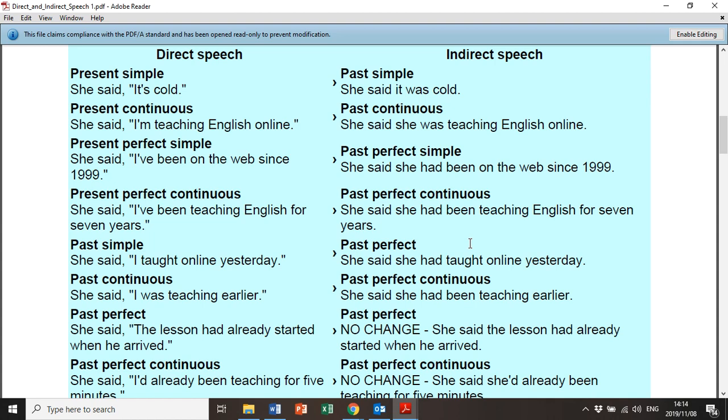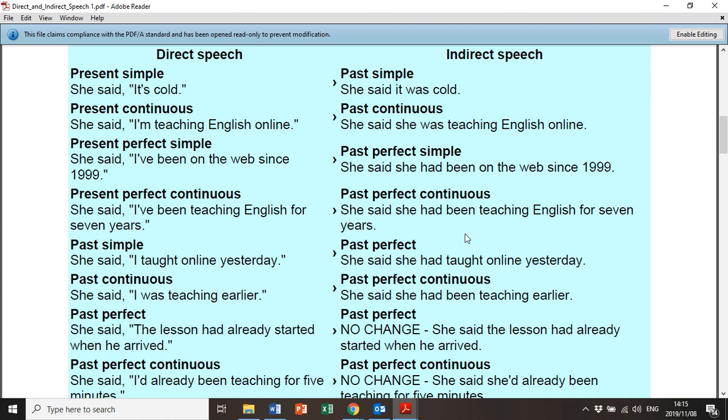Dit raak bietjie meer ingewikkeld as ons 'n sin kry wat nie in 'n sekere vorm van present tense is nie. Kyk, daar staan byvoorbeeld die past simple. She said I taught online yesterday. So taught sê vir ons klaar, dis past tense. Hy verander direk na past perfect. Goed, past perfect weet ons is verander van have na had. So sê she said she had taught online yesterday. Jou fisiese werkwoord bly presies dieselfde tense. Hy kry net sy extra auxiliary daar by, had, om te sê dat hy